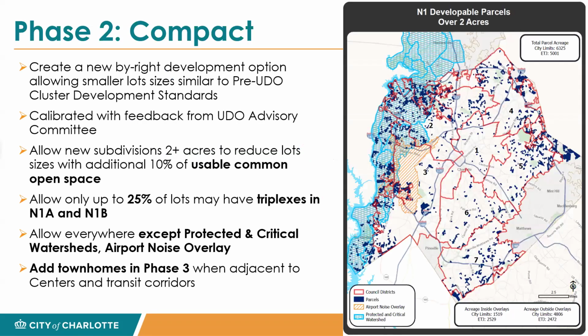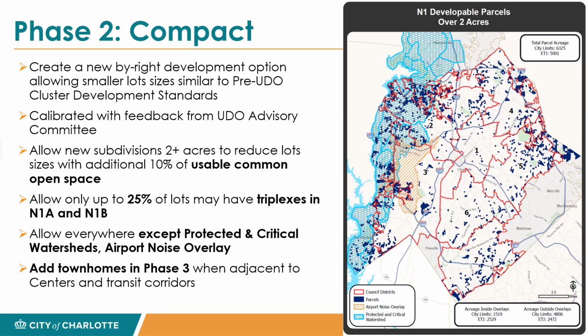Okay, so proposed standards. Again, the compact is allowed. You can see here everything on the right. There's been a lot of questions in the chat about where developable land is. All the blue on the right are 2 acre plus parcels. All those little navy dots are the 2 acre plus parcels that are considered developable based on our analysis. And all of that hatching on the left are where the overlays are. So compact will be a new development tool that's allowed throughout this area on all of those blue parcels that are not in the overlay.